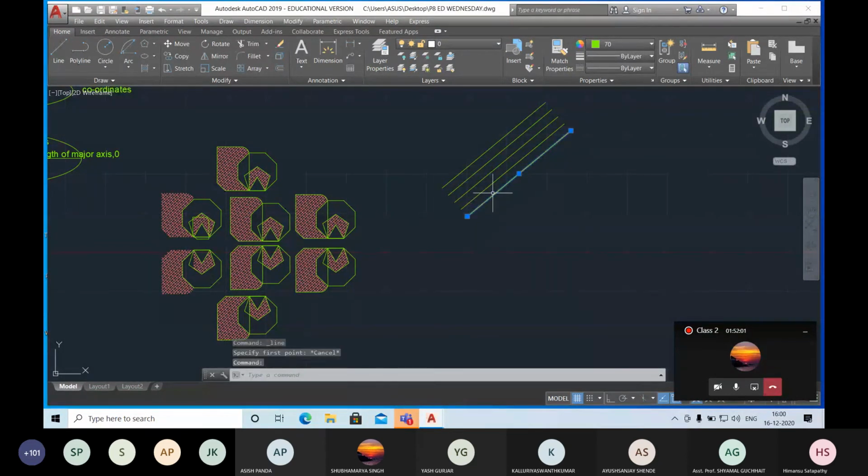I can select this line and drag this end point this way, but I could not manage all the lines. If there are 1000 lines, then I could not manage all of them. So there is a command if I want to extend all the lines at a time. You can see this is the command extend. Command is extend. Enter. Select the line up to which you want to extend, then press enter.